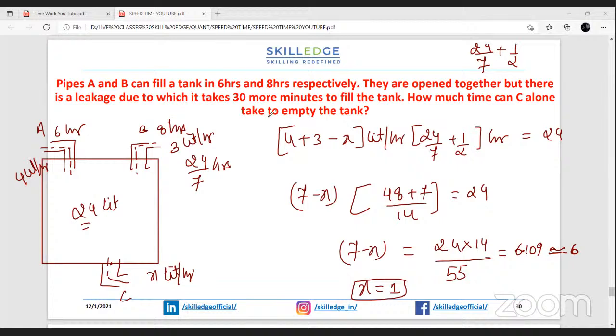So this is emptying at the rate of 1 liter an hour. Now, how much time can C alone take to empty the tank? C is emptying at the rate of 1 liter an hour. It has to empty 24 liters, so it will take exactly 24 hours to empty the tank. It is an approximate answer, not an exact answer. It will not take exactly, it will take approximately 24 hours. Guys, in these type of questions, you will definitely get